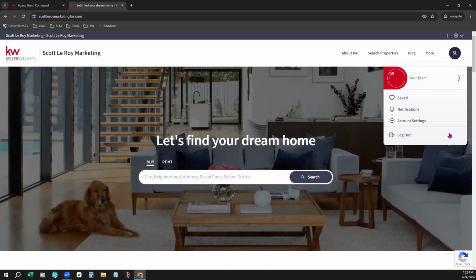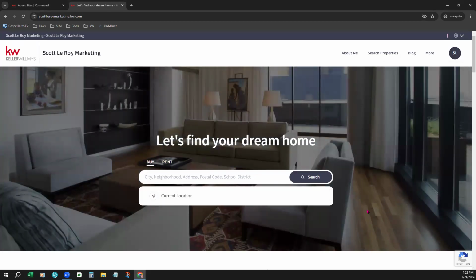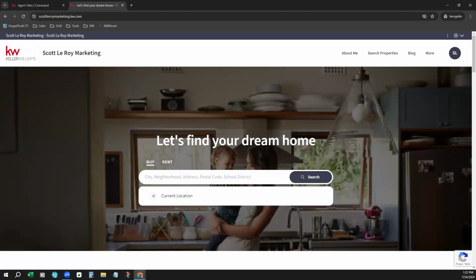So let me start it a little bit different. I'm going to start it from scratch here. Say they're looking in a specific city or creating a search. Same thing that they would do on your mobile app when they try to search properties underneath the magnifying glass. So we're just going to pick a different city today. Let's go with,